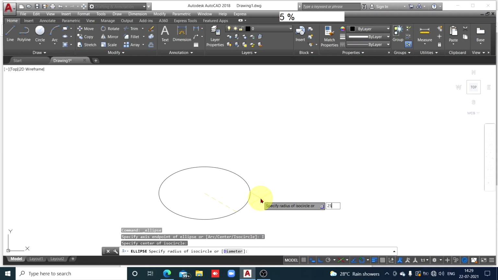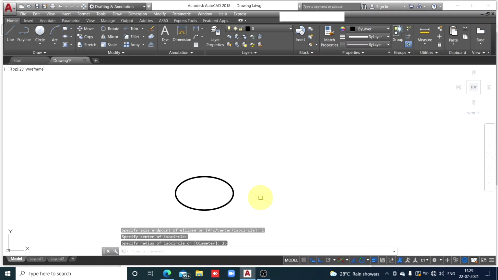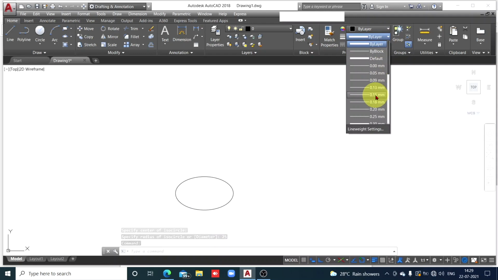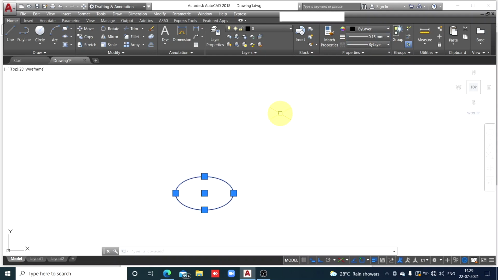Enter. Okay, right now we are drawing construction lines. So I have selected that, and I'll select thickness for that 0.15. Escape. So this is how I have drawn isocircle of radius 25.